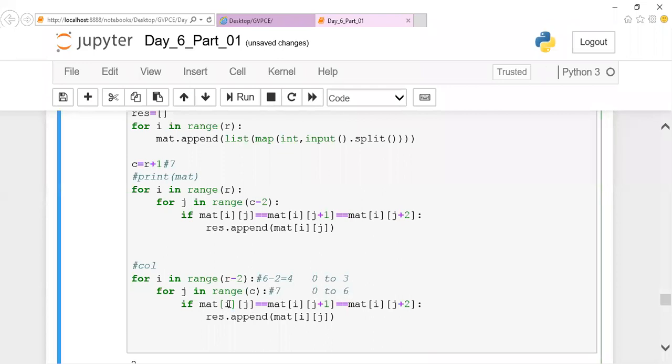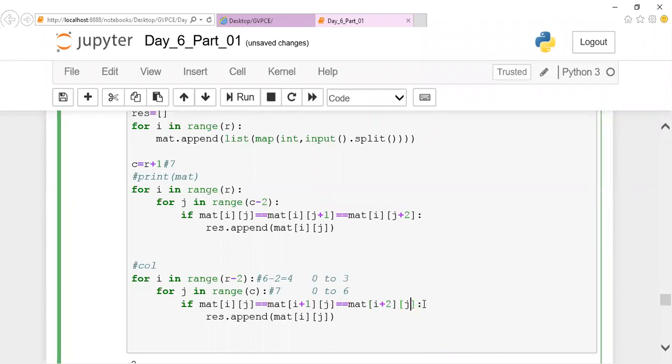Here what I told you is you're supposed to be concerned with the column, right? Your i will be increasing and your j remains same. Previously your i remained same and j was increasing, right? Now your i will be increasing and your j remains same.